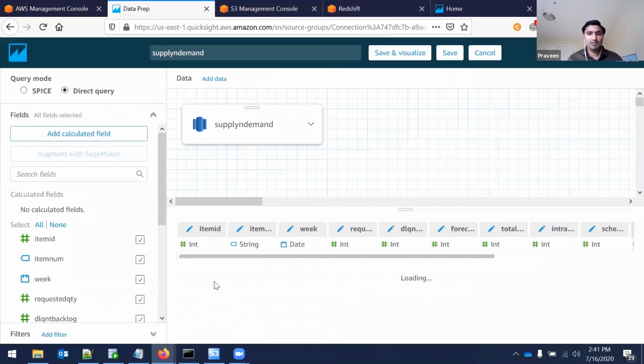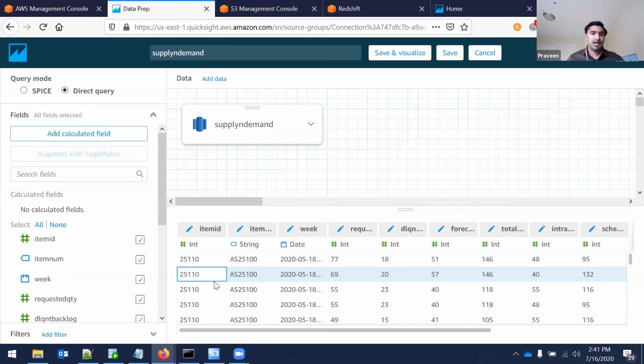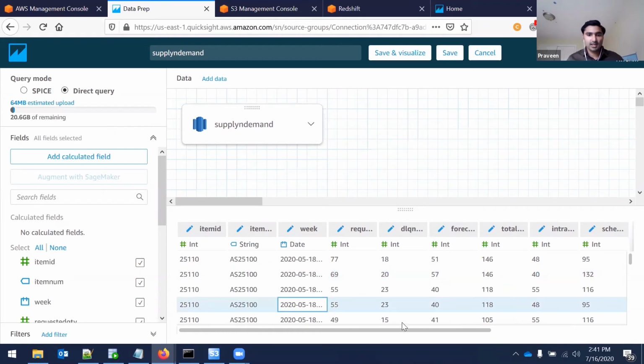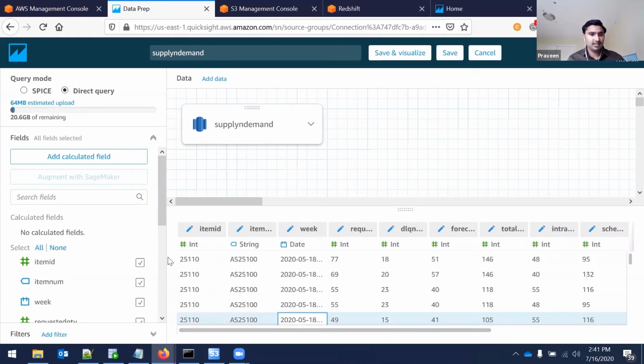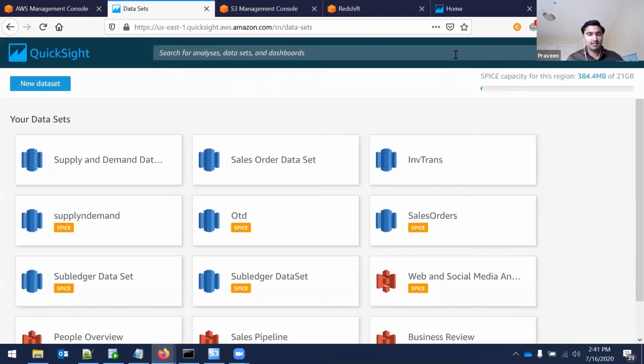Before doing any analysis, I usually want to really look at the data and understand it. So I think this is the data set, which looks good. And I'm just going to rename this as supply and demand data set. I'm going to save this because I don't want to visualize yet. I want to add this into the existing